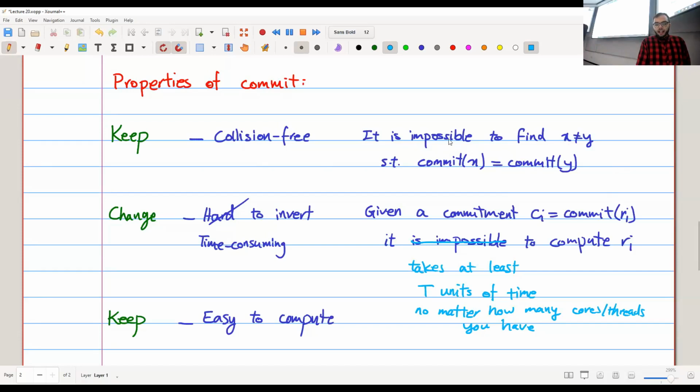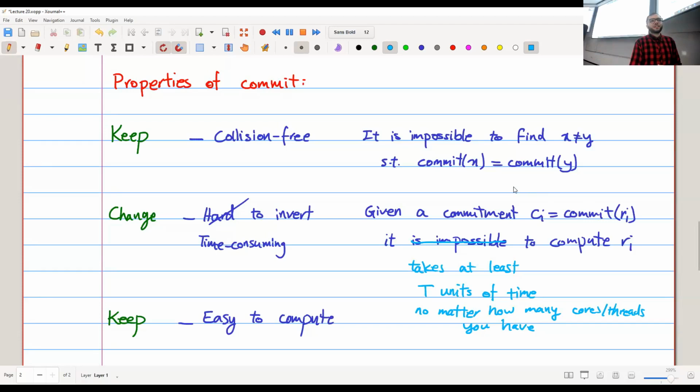But this one actually contradicts this one, because I can just take a random value x and I can compute commit of x. And then I assume that I can invert it in time t, right? So I just apply whatever inversion function I have in time t,